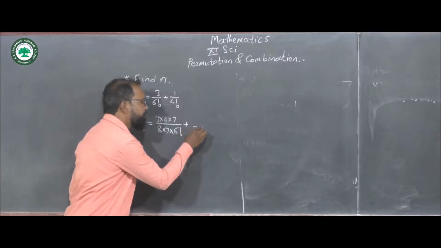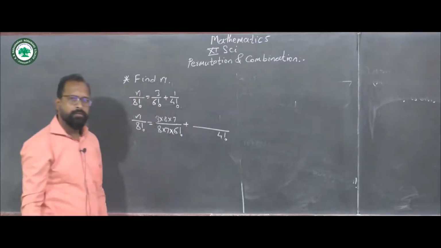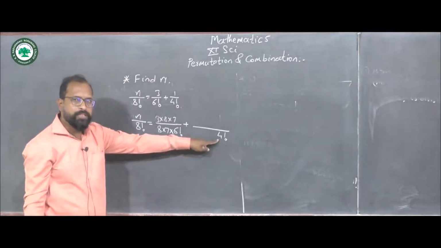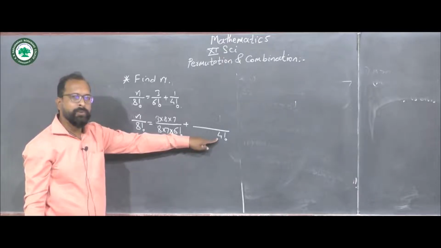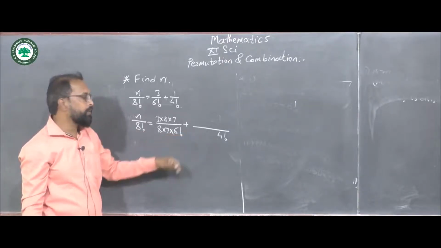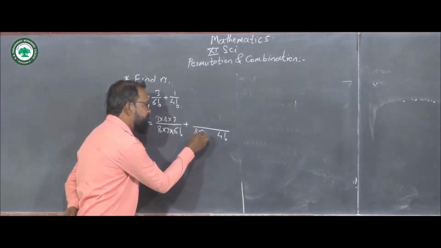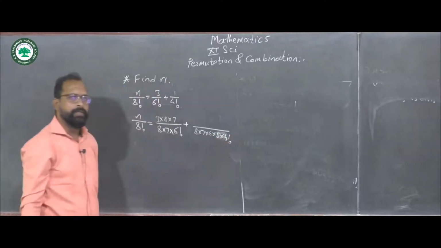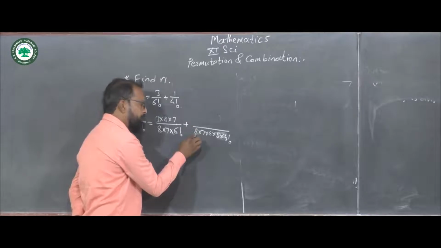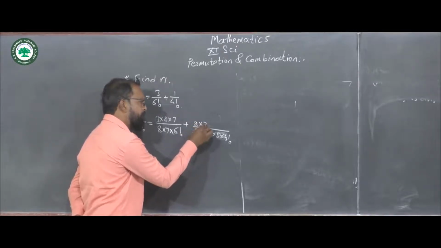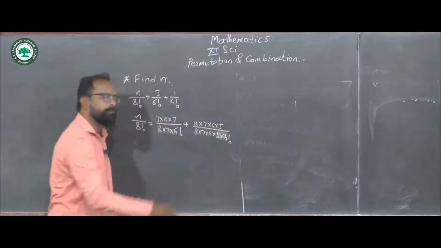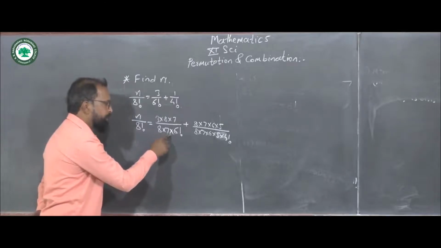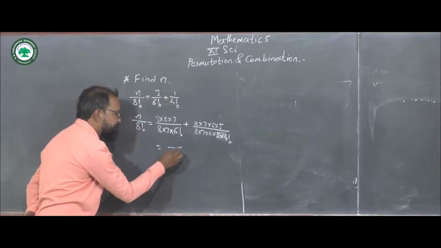Similarly, here we have to make the 8 factorial. The number 4 factorial is given, so multiply the natural numbers which are greater than 4 and less than or equal to 8. This can be written as 8 into 7 into 6 into 5 into 4 factorial. Since we divide by this number, we multiply by 8 into 7 into 6 into 5. Now by the first property, 8 into 7 into 6 factorial becomes 8 factorial.